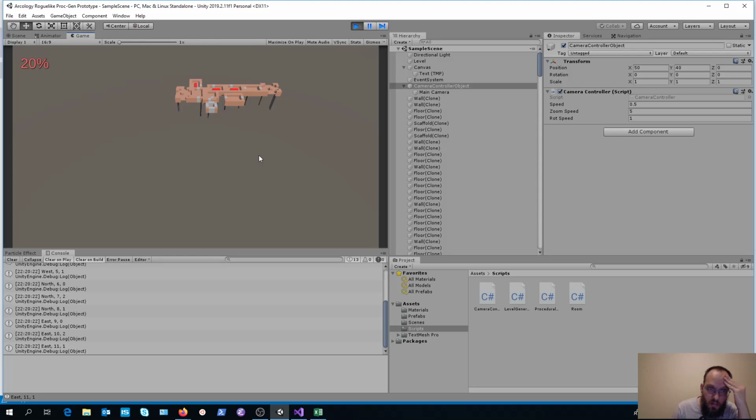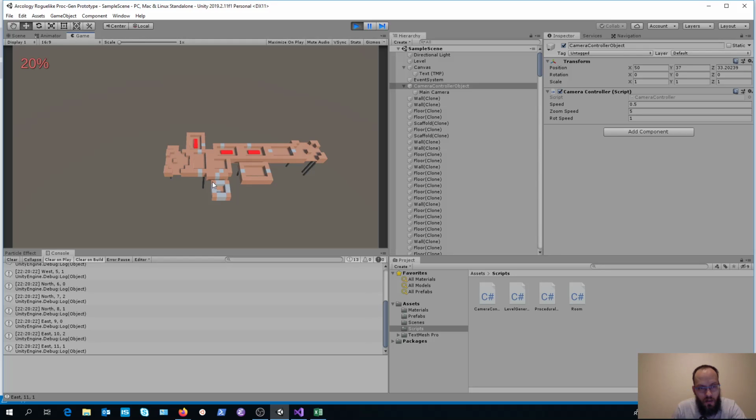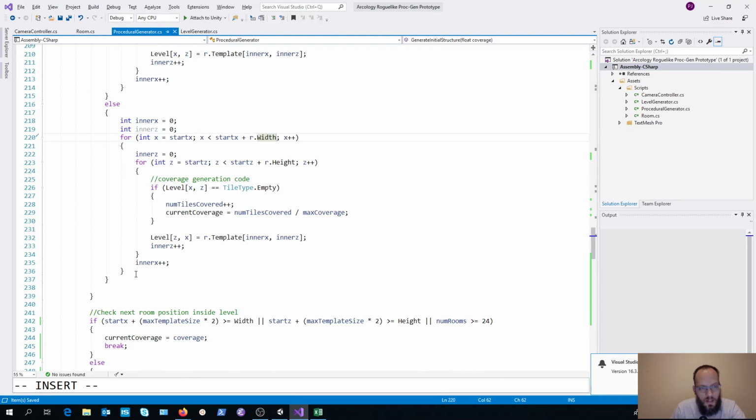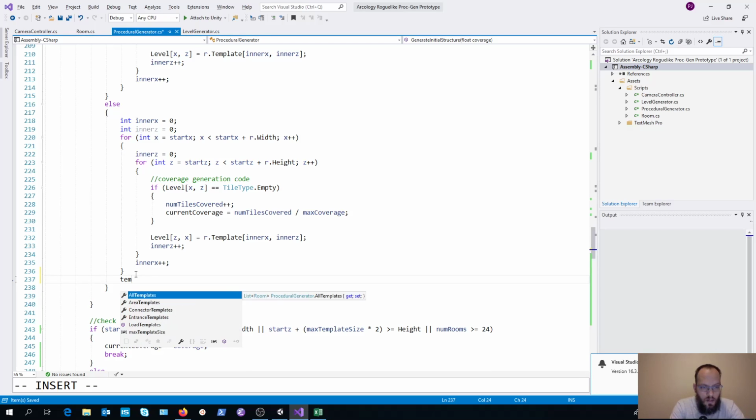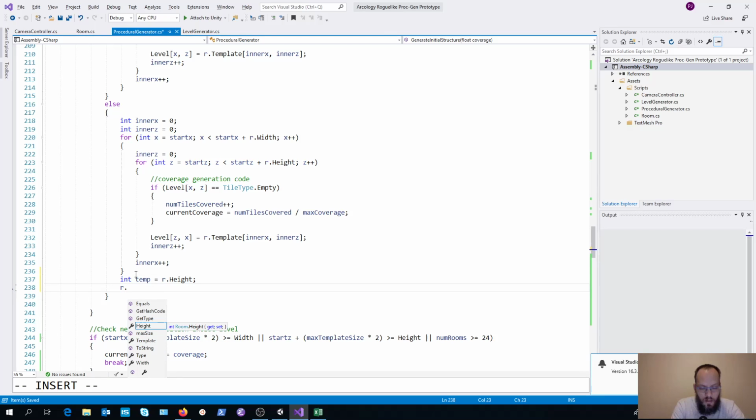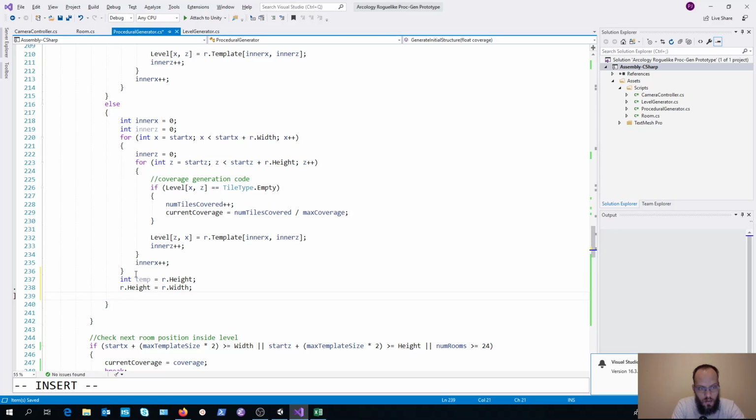Which is fine for when the rotation is actually placed, but when we are trying to figure out the next position, because it could be a very weirdly rotated room, it might be moved quite far away from where we were. The width and the height are actually the other way around. Just swap them around so that when we get to generating our